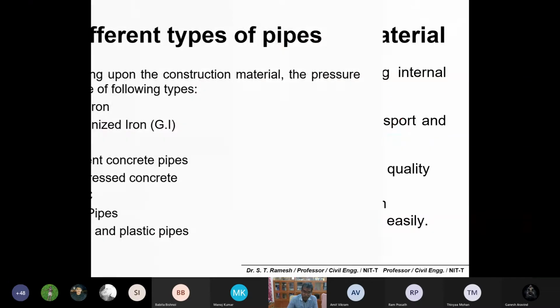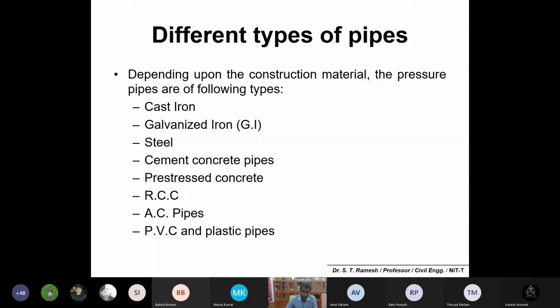Okay, so being familiar with the basic characteristics, we will move on to different types of pipes. We will be discussing in detail, majorly the advantages and also drawbacks. You can also highlight the merits and demerits of each pipe system. That is enough from the examination point of view. Number one, CI pipes.